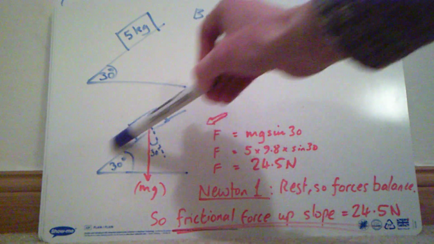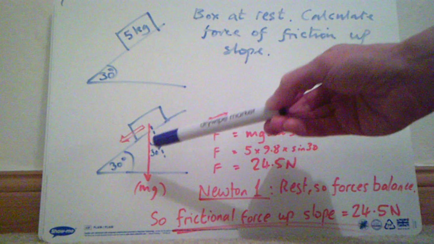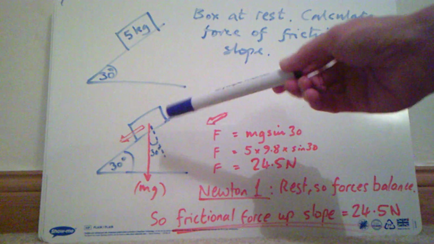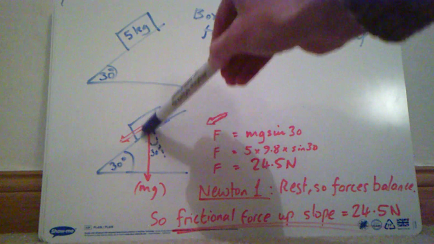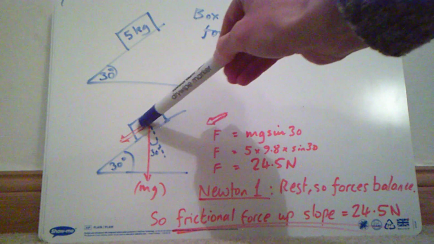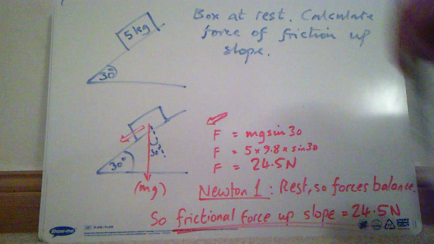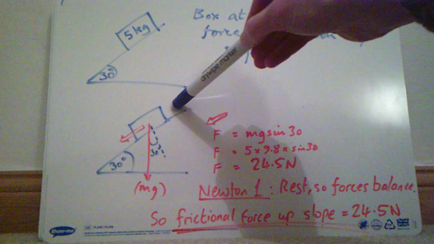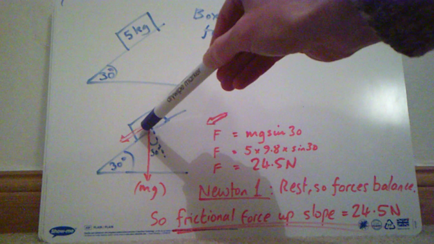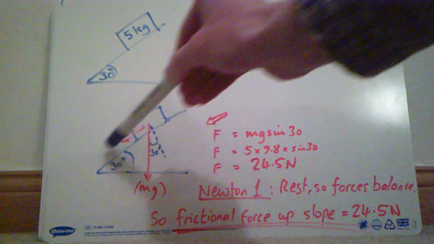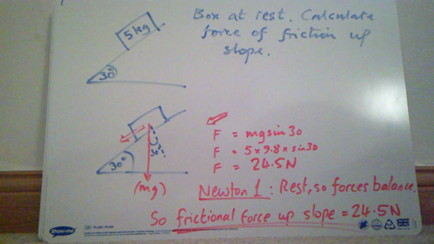down the slope. And so what we really need to do is we need to work out what proportion of this weight force acting straight down is actually acting down the slope, because that's what matters to us. And then we can say, well, the friction force is going to be the same size as whatever proportion of this weight force is acting down the slope. So